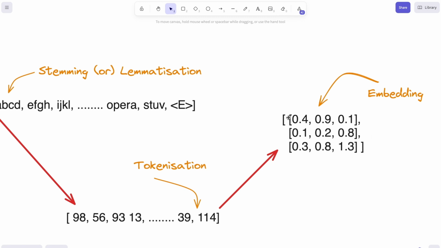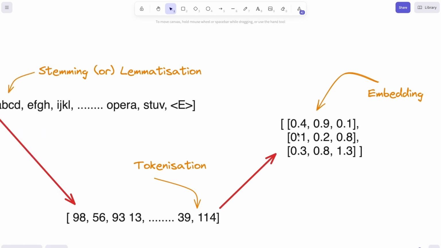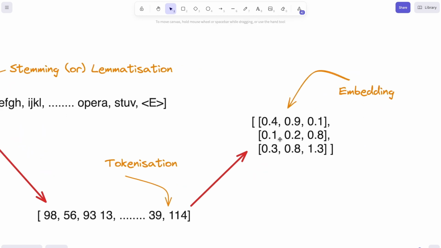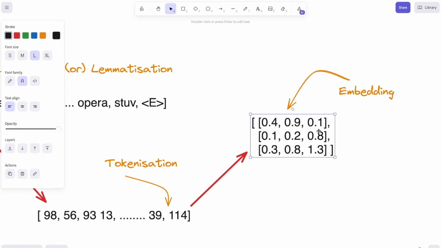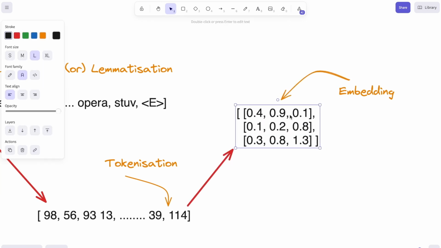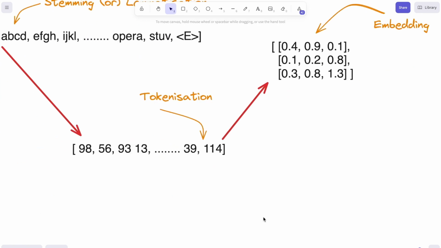Okay, so here I've put just 3 dimensions, but basically embedding models will create embeddings with many more dimensions sometimes. And the number of elements inside each vector is way more than 3 here. This is only for example's sake. Now once I have this embedding, the advantage that I get from an embedding over tokens is that this captures semantic meaning. So if I go to the diagram below,